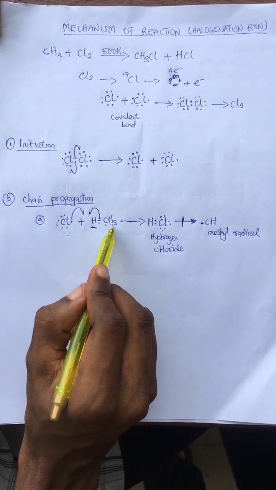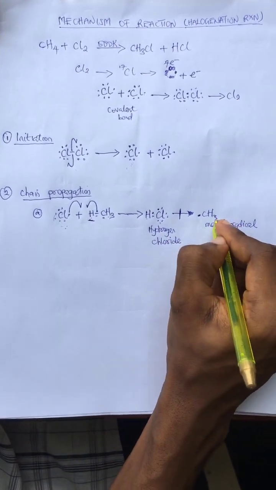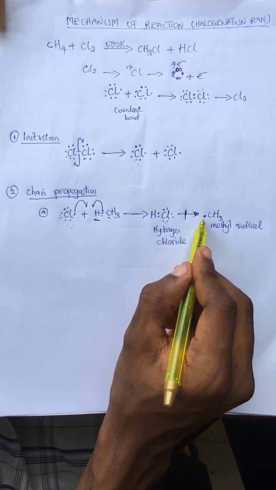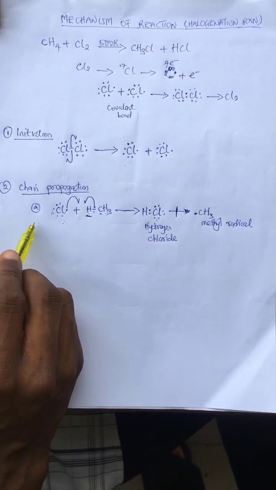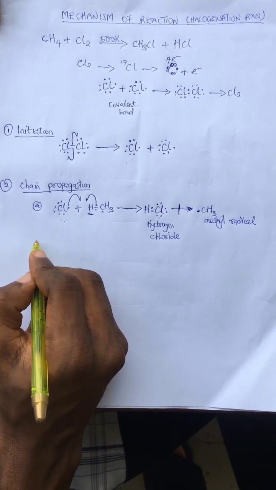What will be left here would be our methyl radical. This is the methyl, our methyl radical. This is the methyl, and then 1 electron added to it to make it what? Radical. This is the first step in the chain propagation. And then in the second step,